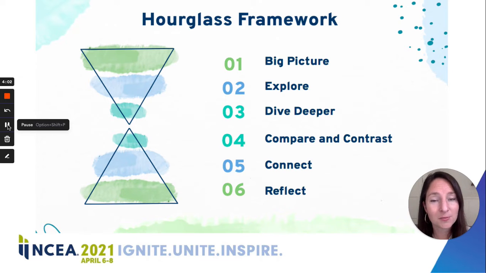Step 2 is explore. This is the chance for students to look at the whole world and decide what areas they want to focus on a little bit more. And then step 3 is where they bring that focus in. So they're going to choose 3 countries as well as look at their own, which brings us to step 4, where we can compare and contrast the education system that they know really well compared to the 3 that they've done a little bit of research on and seen.